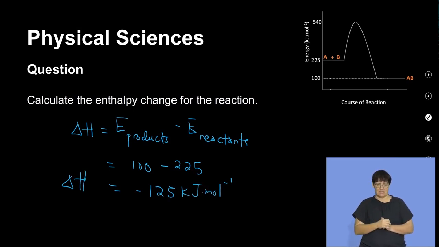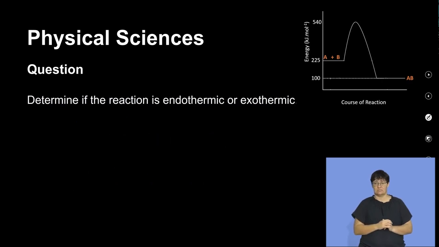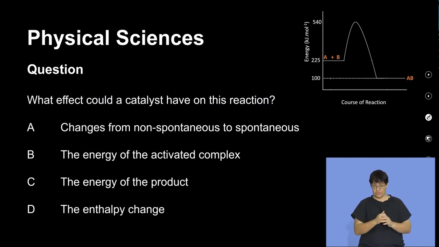So this is a negative. What does that tell us about this type of reaction? Which takes us to the next question. So there is a negative enthalpy change in this reaction, which is less than 0, meaning that this is typically an exothermic reaction. Right. And then last but not least, if we are to add a catalyst to this reaction,